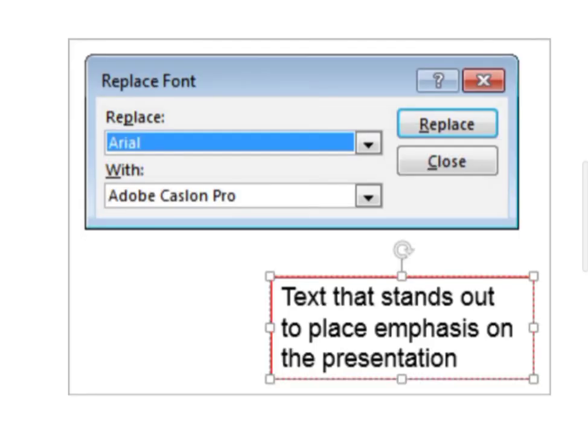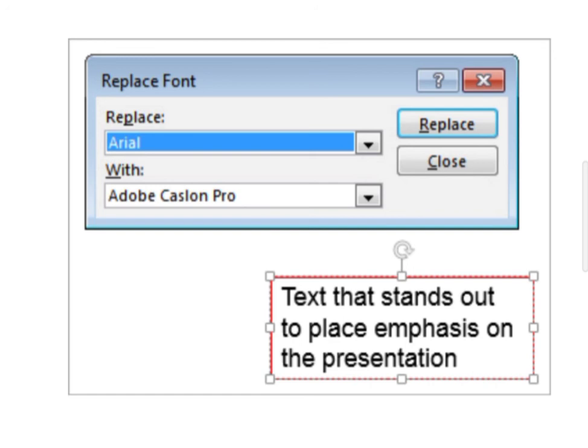If you want to replace a specific font used in the slide with some other suitable font type, what we will do is first click the Replace drop button in the editing group on the Home tab and choose the Replace Font option in it. Next, the Replace Font dialog box will appear on your screen as it is shown on your screen.